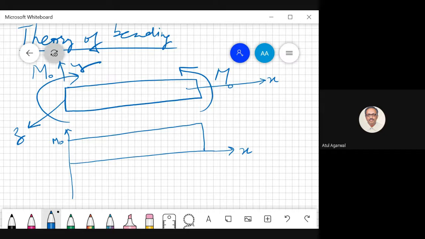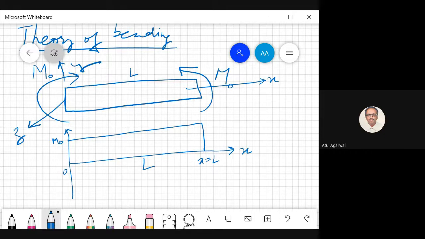Now what is the bending moment at the right end? Gaurav Saini? Anyone else who would like to tell what is the bending moment at x is equal to L? The beam length is L. So this is position 0, and this is position x is equal to L. What is the bending moment at position x is equal to L? So 0. You see there is an applied bending moment M naught.